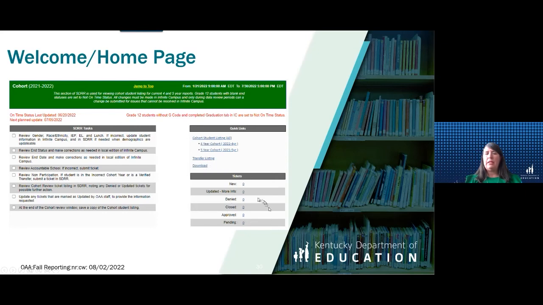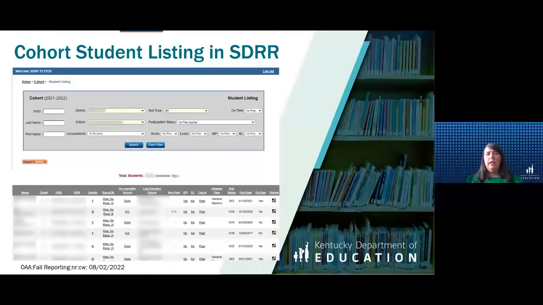And then it tells you your ticket information for a cohort as well. So that's important when you're looking at cohort. This goes over to cohort listing. And like I said, there'll be fields where you'll be able to click on and update. Also, if you try to update something, it'll say Infinite Campus. You have to go back to Infinite Campus to do it for cohort. If it doesn't say that, then you're able to go through here, and if you double click on it, it'll let you do it here.